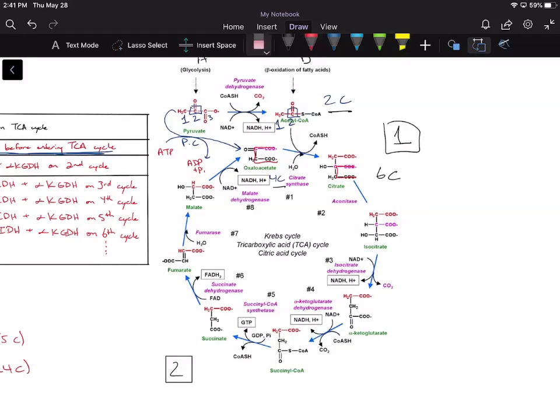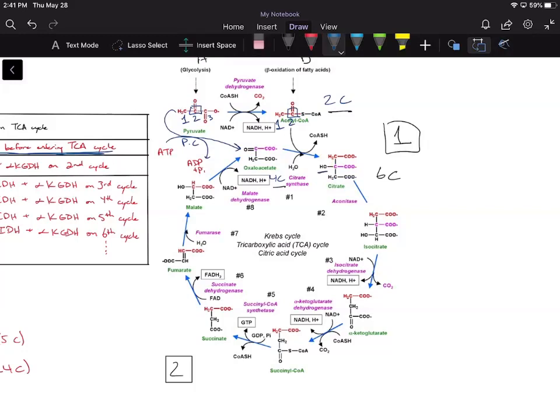Okay, and the way that you do it, and this is the key, is all you have to do is remember oxaloacetate has these 4 carbons. So if we're trying to superimpose oxaloacetate onto citrate, you can superimpose it 2 different ways. You can either superimpose it at the top, like this, or, if I take a different color, you can superimpose it like this at the bottom. Of course you could look at the color coding again, but the key to understanding where the carbons go is that you have to look at the